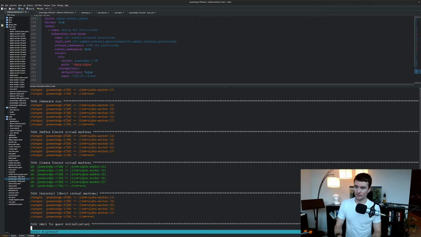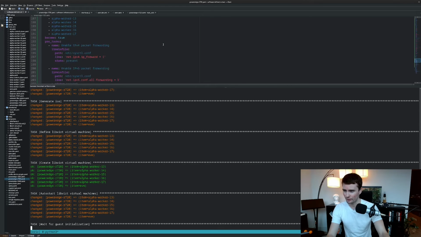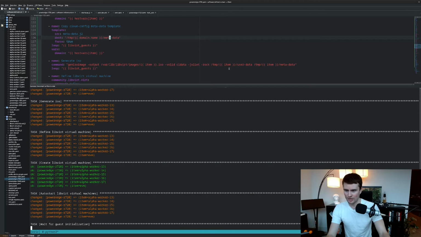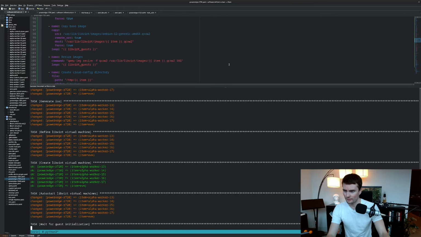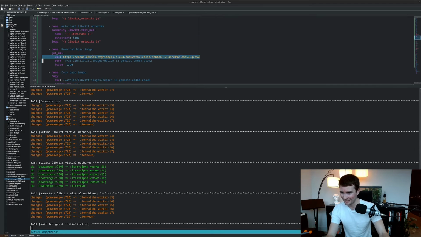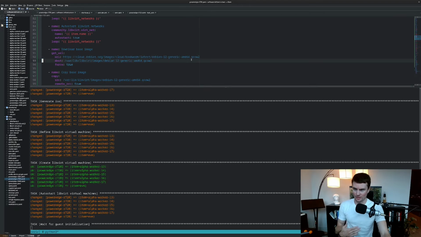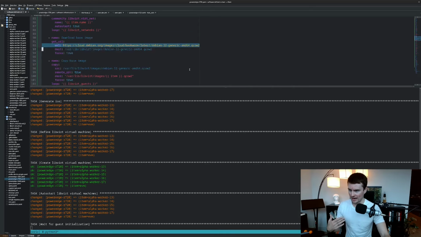The virtual machines, as I've mentioned in the previous videos, all have something called Cloud Init installed on them. They are coming from Debian upstream. Let me see if we can get the actual link right here. I am downloading this link right here. They're Debian 12 generic AMD QCOW2, and that has an application called Cloud Init,